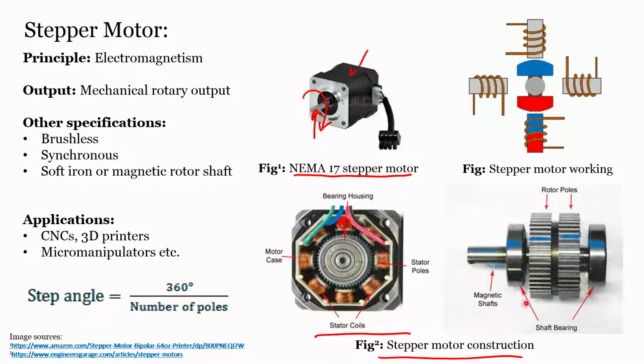And you can see here on the right side, this is the construction of a rotor. So it has a shaft, okay. It's written magnetic shaft. I will tell you how it is magnetic and all in the later stage. So you can see the shaft here, okay. You have rotor poles. So the stator coils are wound on the stator poles, and there are rotor poles also, okay. These poles, as mentioned here, are made up of materials such as soft iron,